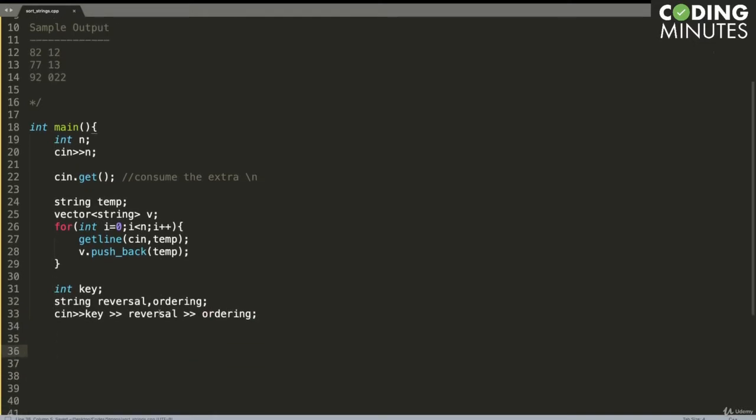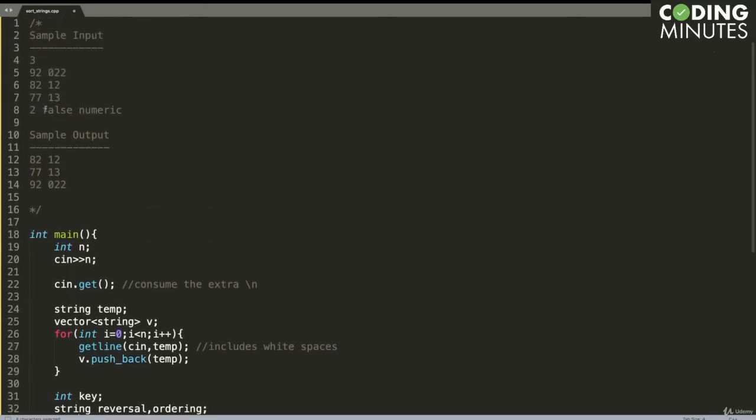So one thing you need to remember is when you use getline, this also includes white spaces. But when you use cin for the input, it does not include white spaces.